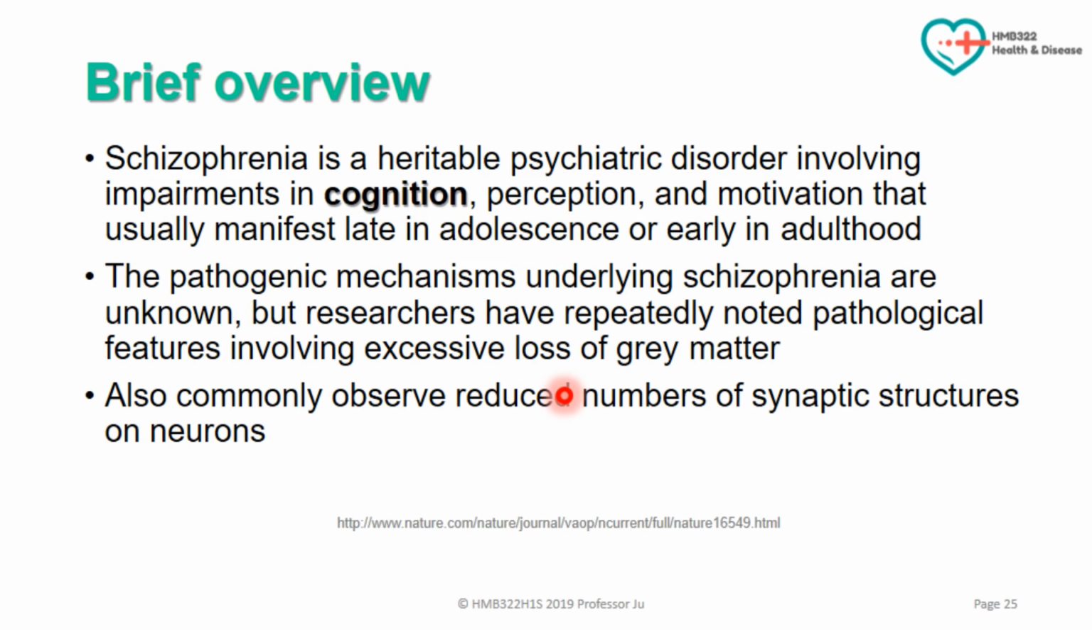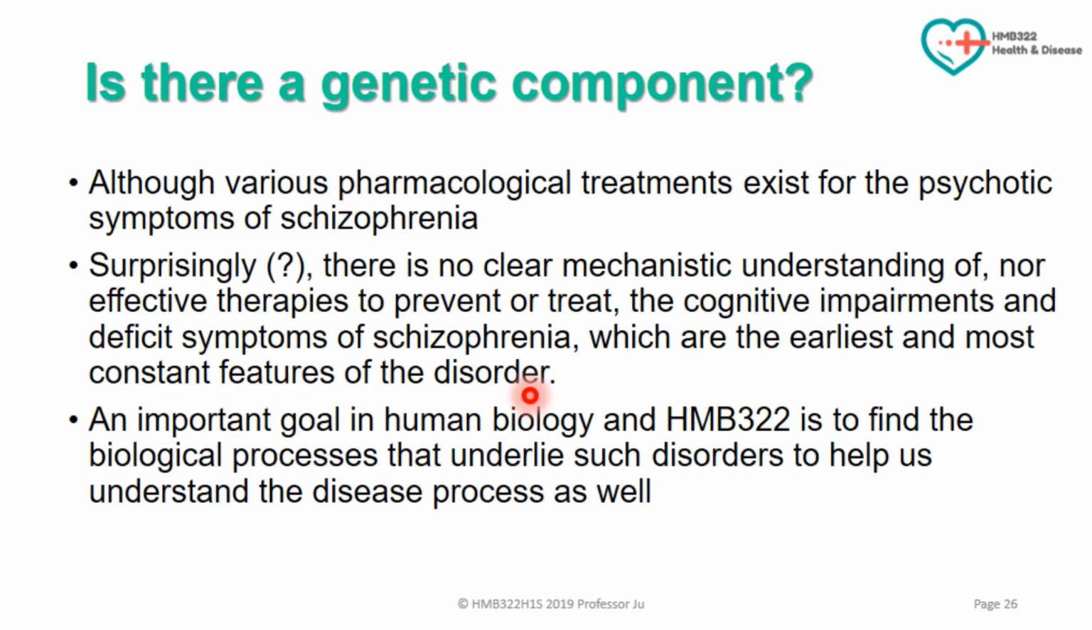And also very commonly observed is a reduction in the number of synapses, or connections between neurons, in individuals with schizophrenia versus age-matched counterparts. So there's something definitely going on within the brain of these individuals. You might think that there are some great pharmacological treatments, and there are. Some of the symptoms of schizophrenia can be controlled or tolerated using different types of pharmacology, but they're not universally